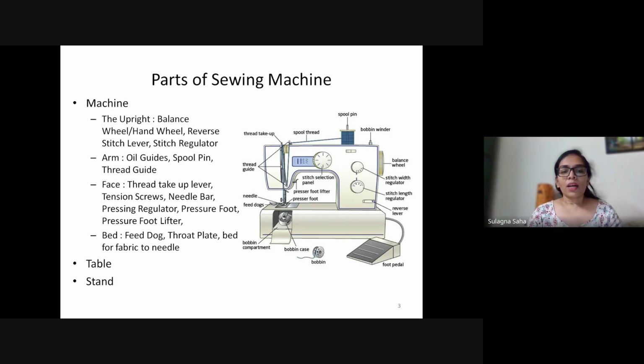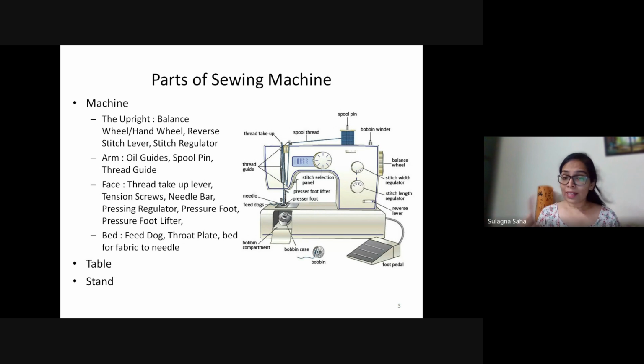Yes, ma'am. Now, this feed dog, essentially, what is the purpose of the feed dog? The feed dog takes up your fabric, and because it has teeth on it, it pierces through the fabric and moves the fabric ahead. So the higher the speed of your machine, the faster the feed dog would move.